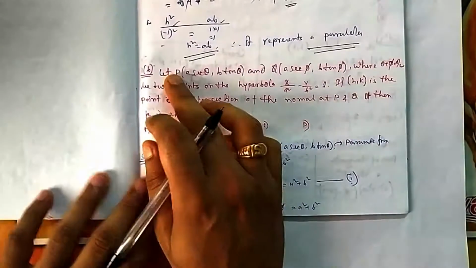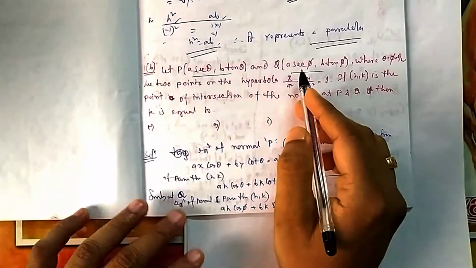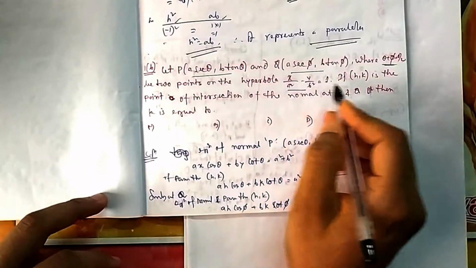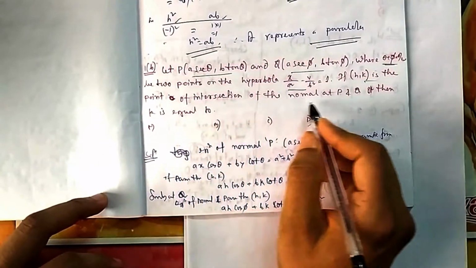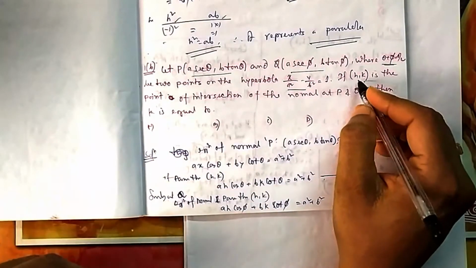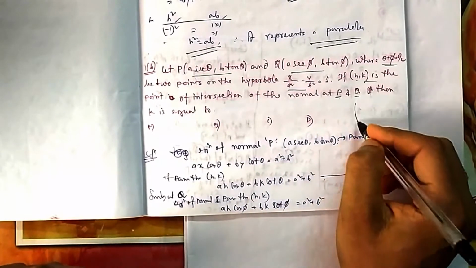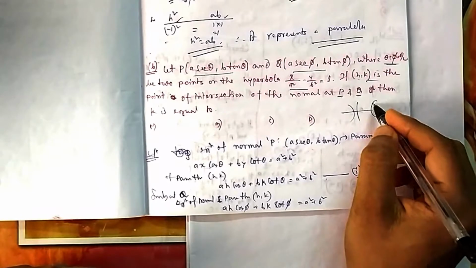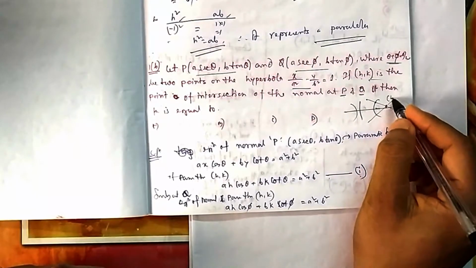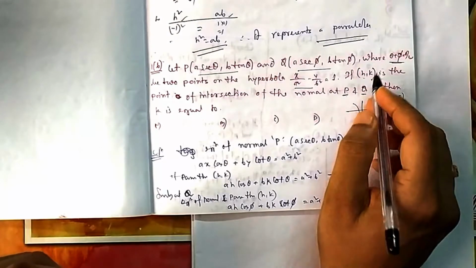Now if you come to 1b, let p and q be two points in parametric form. You can see by seeing this parametric form, it is a hyperbola where theta plus phi is pi by 2, two points of the hyperbola, this one. h comma k is the point of intersection of the normals at p and q, then k is equal to, so h comma k is nothing but the intersection of the normals at p and q. So you can draw the figure also, but there is no need. You draw normal at p, suppose normal at q, and these two meet at some point, suppose this is h comma k, then you need to find the coordinate k, but it is not required to draw it because the points are given.